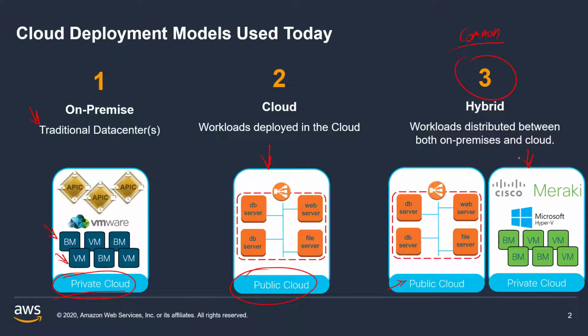And you can see, obviously, I work for Cisco, so obviously I'm putting in ACI and Meraki and things like that. But regardless of the hypervisor or network infrastructure you have, I mean, if you're into Juniper, then I'm sorry for you, but it is what it is. Anyway, so if you have